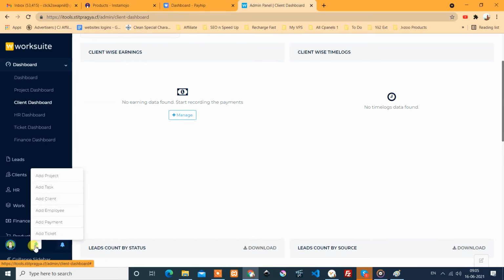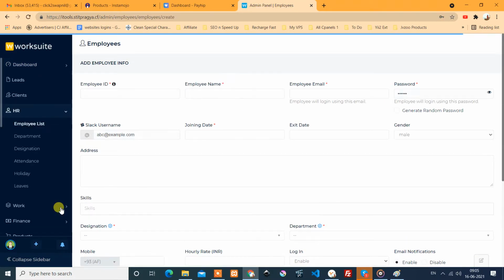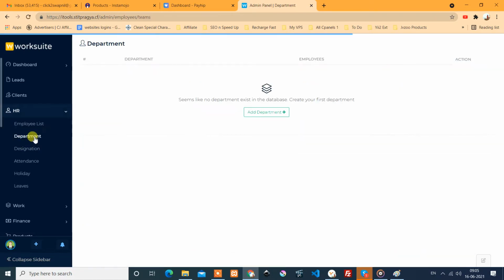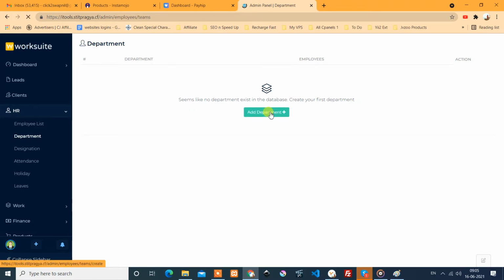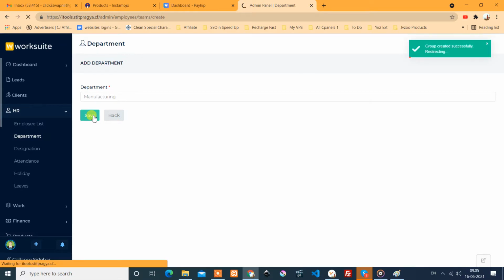Okay, so from here you can add the employee. Okay, I will add some employee. Okay, so before that, in the HR section we need to go first and add some designations and departments before adding the employee. So suppose ABC company has a few departments like, first, manufacturing. Okay, I add some departments: manufacturing, then